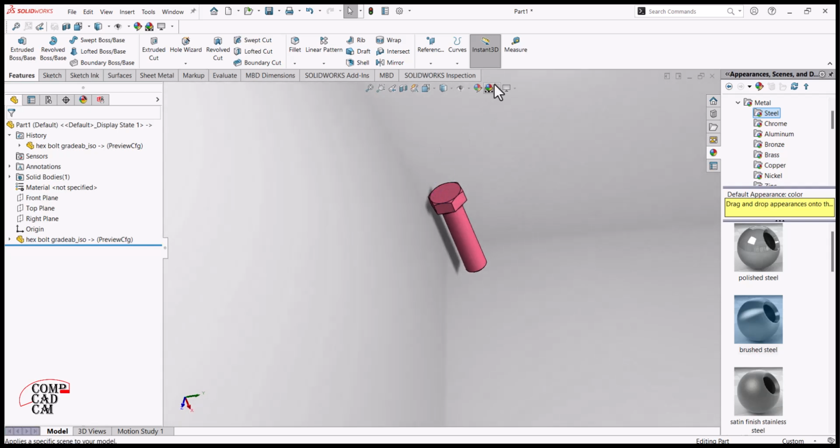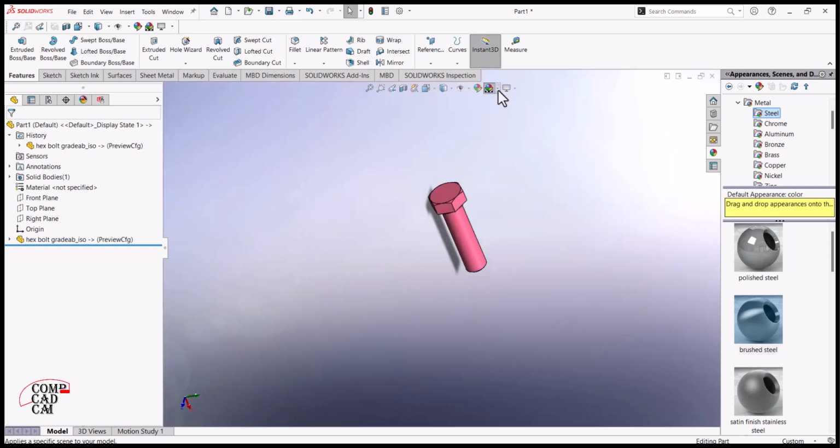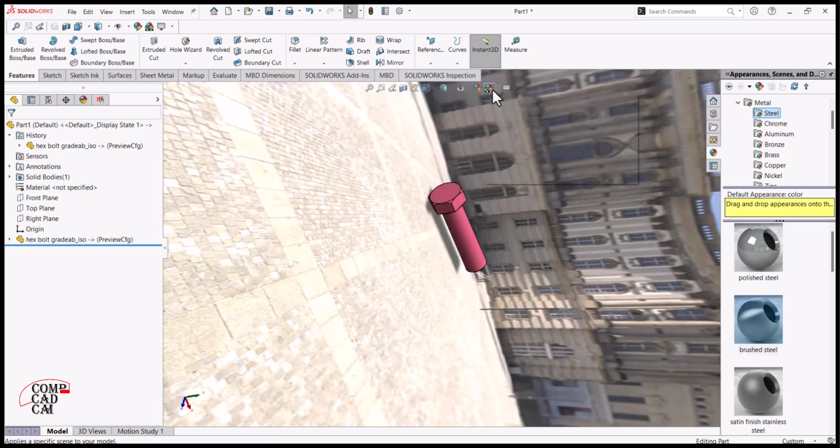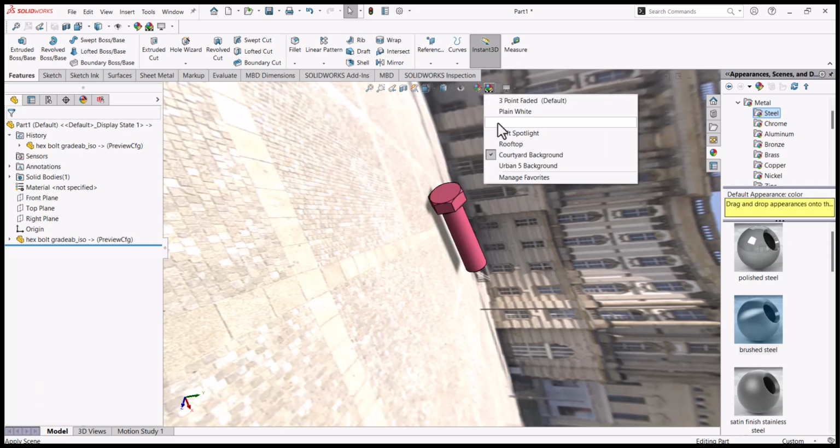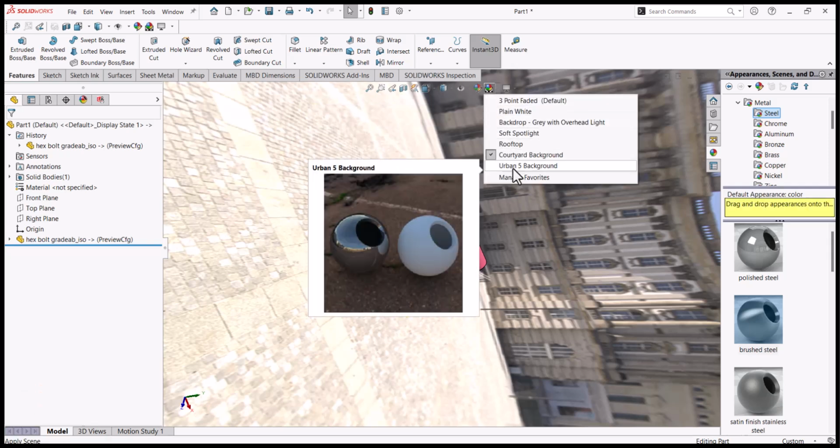If I also want to make it, urban 5 background,